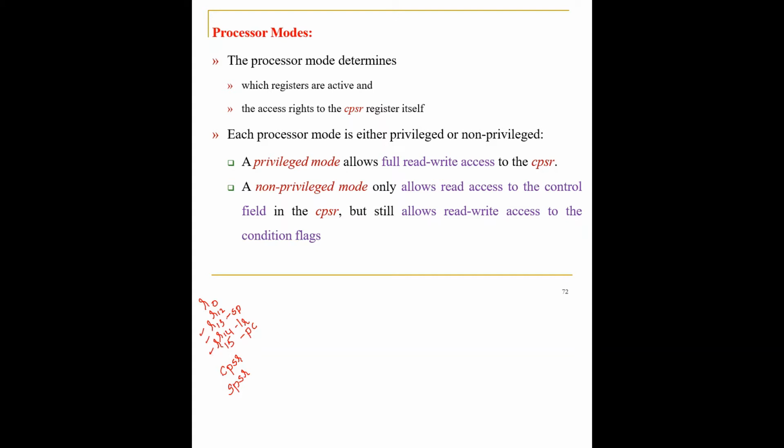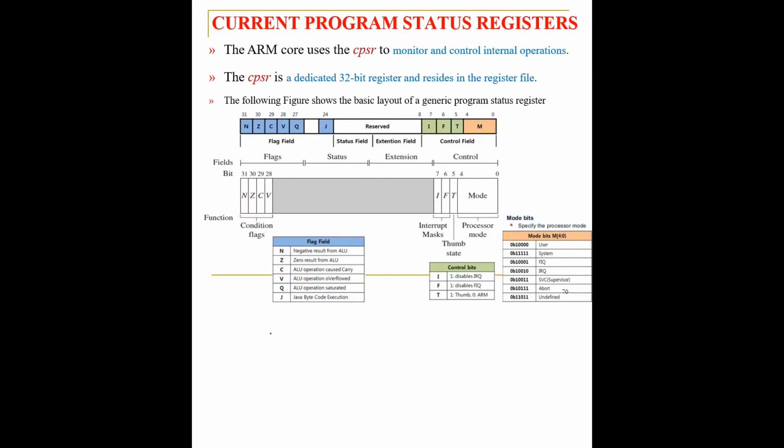And we had two additional registers, the current program status register and the saved program status register. We also checked the CPSR, its 32 different fields, out of which one field was called the flag field, next the status field, and another the extension field. This is your CPSR. CPSR is a 32-bit register, out of which 4 bits are used by the flag register and 8 bits are used by the control register. The remaining bits are kept for future use, which is not yet used.